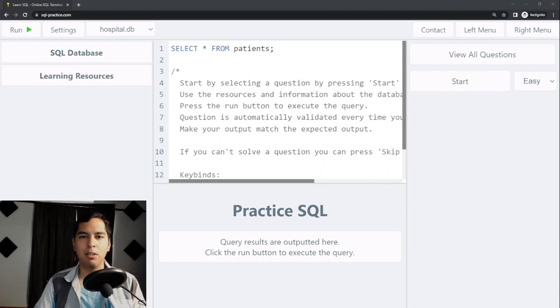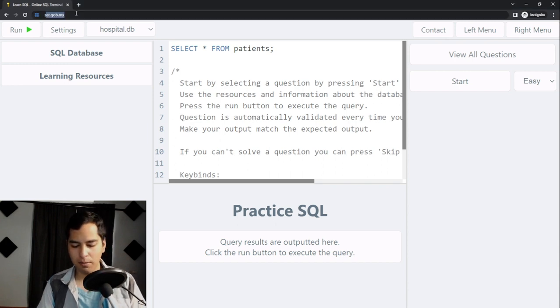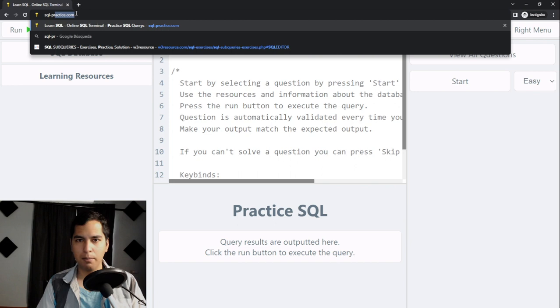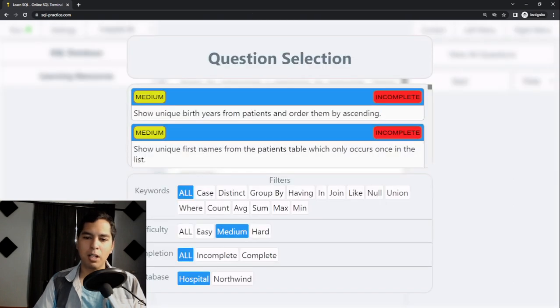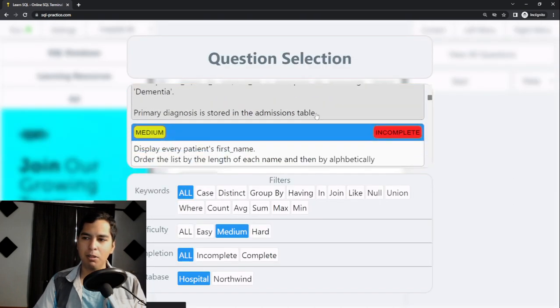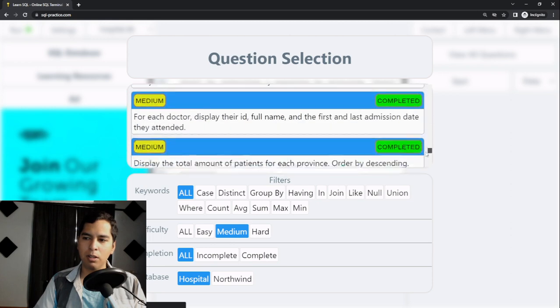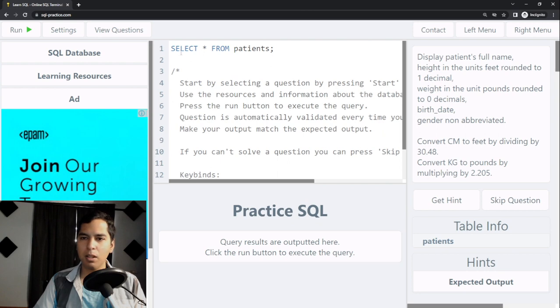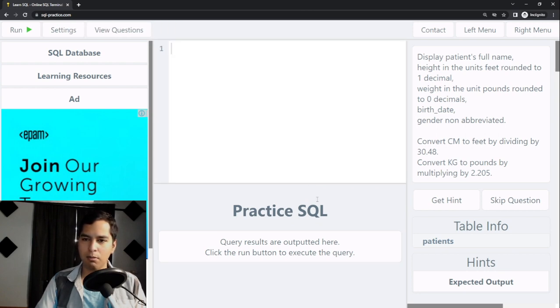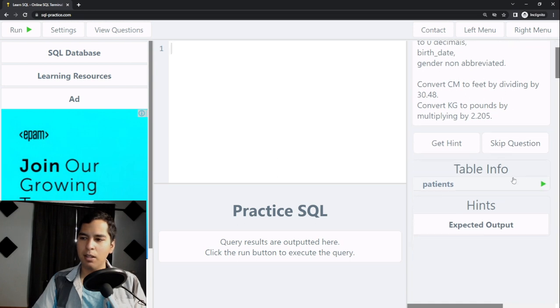Okay, so first we need to head to this website, sqlpractice.com. Then we need to click on HospitalDB. After that, we need to click on View All Questions. We need to select difficulty medium, and scroll down until the last one. So we'll do this one. Then we need to get rid of this. We select that and erase it, and then we can